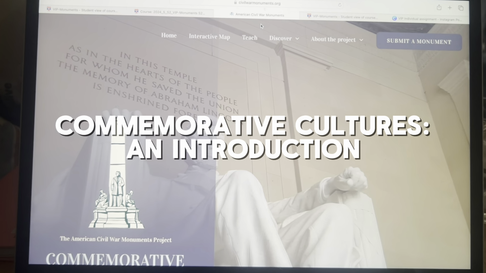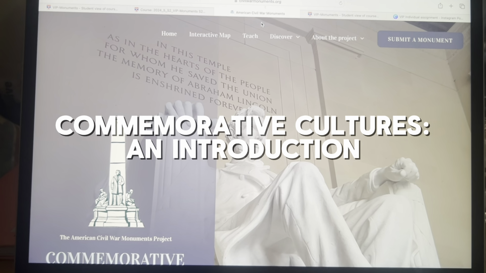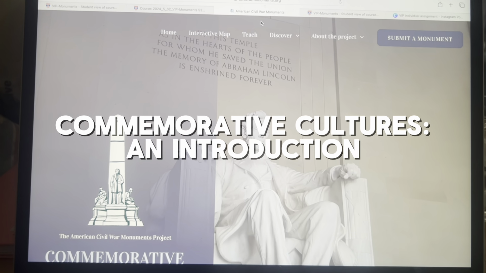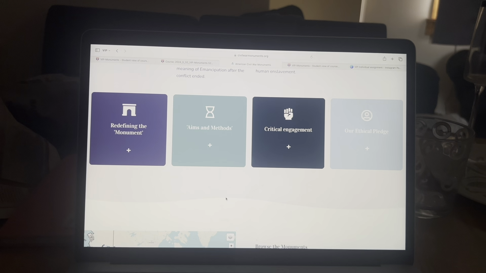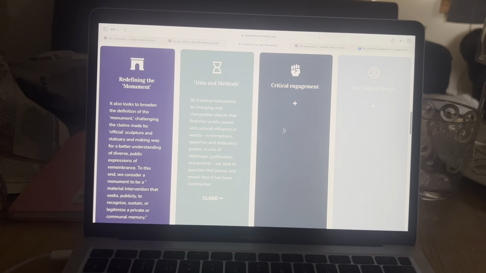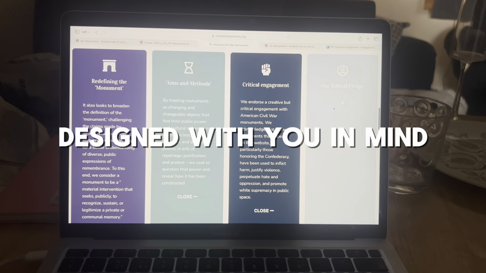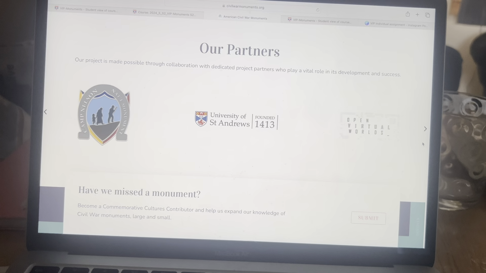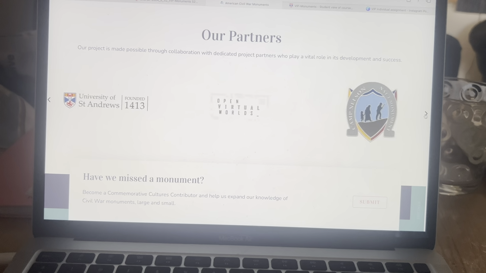Welcome to Commemorative Cultures, and here's your guide to understanding how the American Civil War is remembered across the United States. Whether you're a researcher, a student, or just curious about monuments in your town, Commemorative Cultures was designed with you in mind. You can read more about our aims on our homepage, and you can also look at institutions